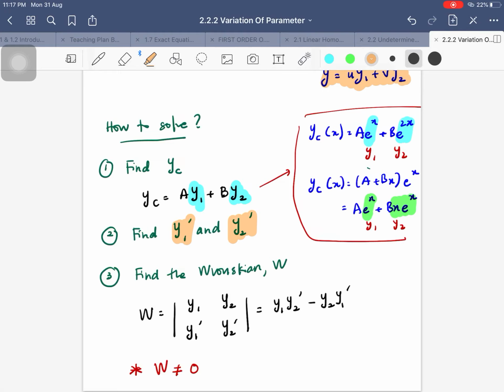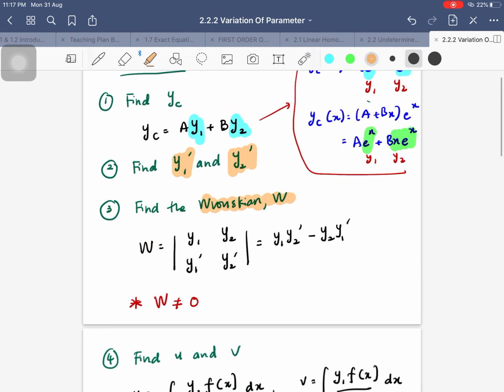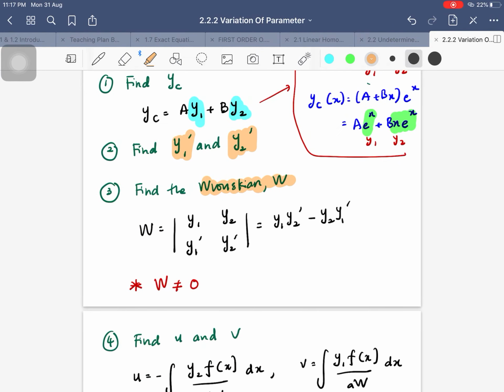So this is called the Wronskian. It is denoted by capital W. That is the symbol. Okay, so if you remember, what is the symbol of this right here? This is called the determinant. If we have a matrix, we can actually find the determinant of the matrix. For example,